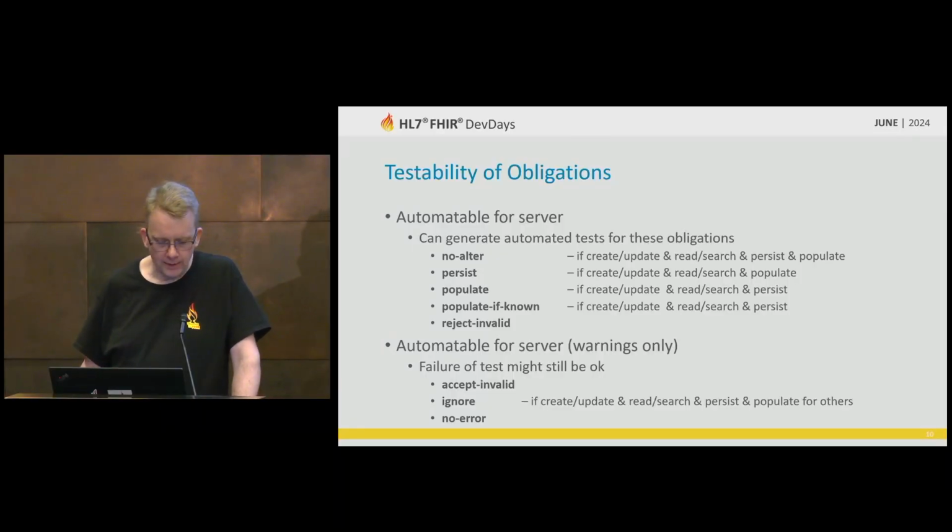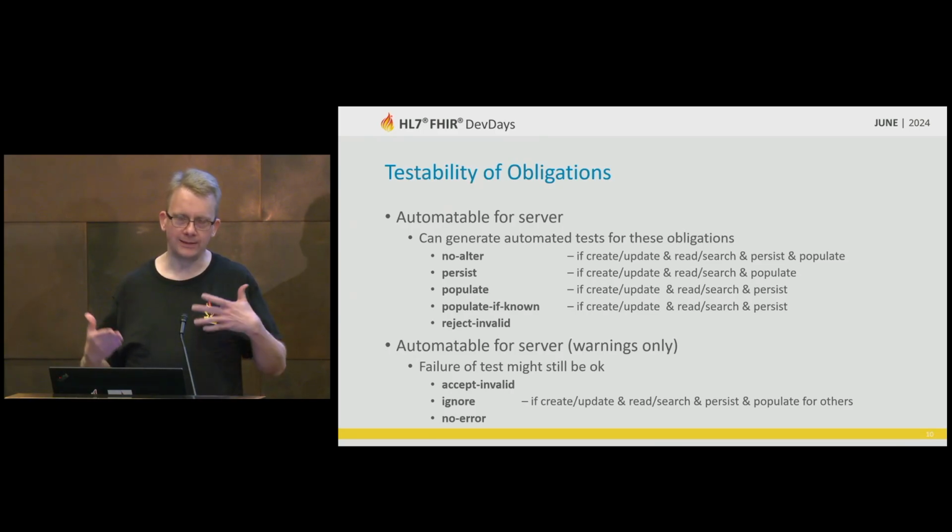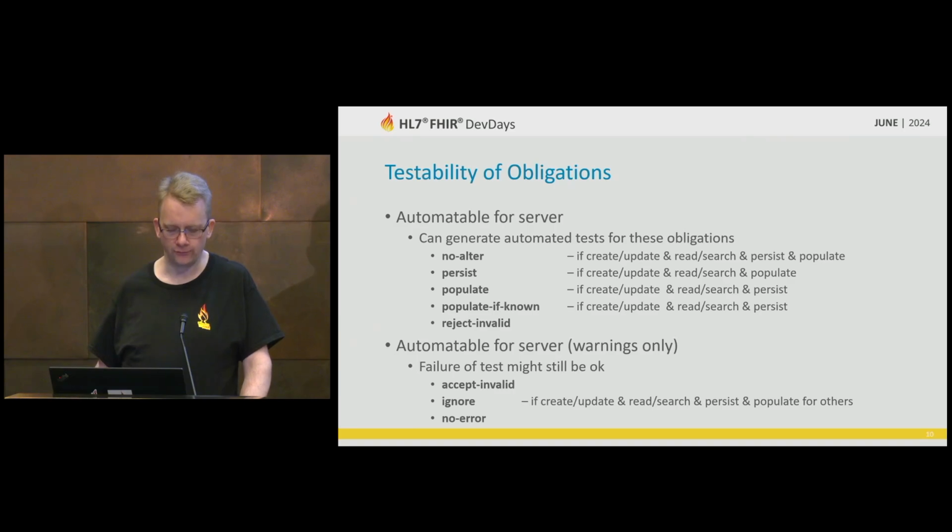Reject if invalid is super easy because they don't need to persist it or populate it, they just need to yell. So we can try sending bad data in all of the different wonderful ways that we can invent bad data and see whether or not it chokes. And that's nice and straightforward. There are other types of tests where we can do automation, but it's a little bit harder for us